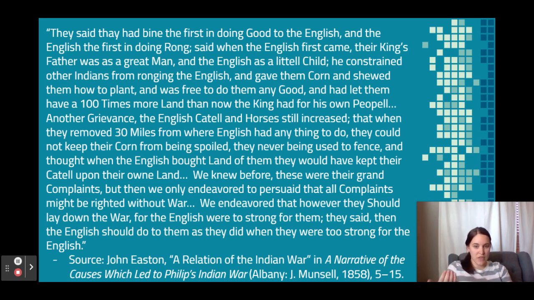There were many more things included in this entire passage, but basically it demonstrates that during the time of Massasoit, the American Indians, the Wampanoag, could have eliminated the English, but didn't. They were kind to them. And now the English have the power, and the Wampanoag are asking for the same kindness to be given to them, which obviously did not happen.